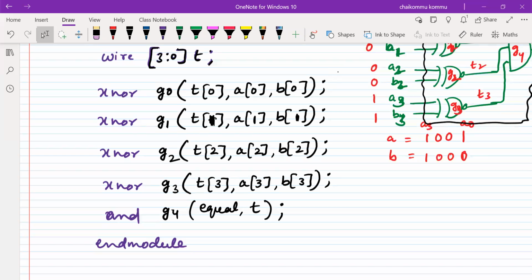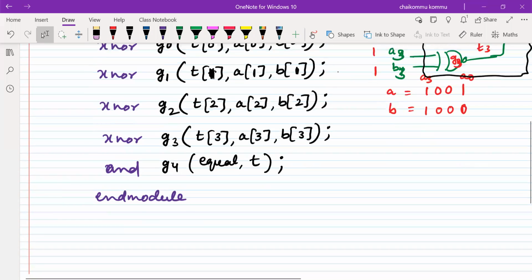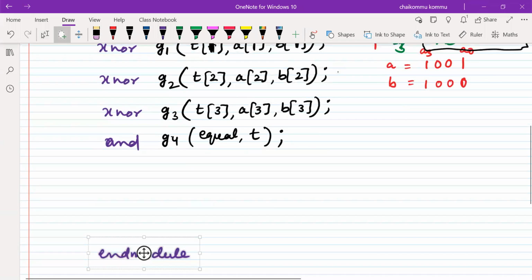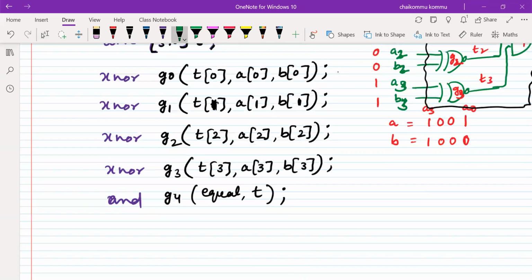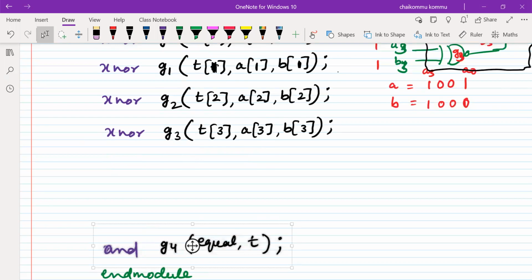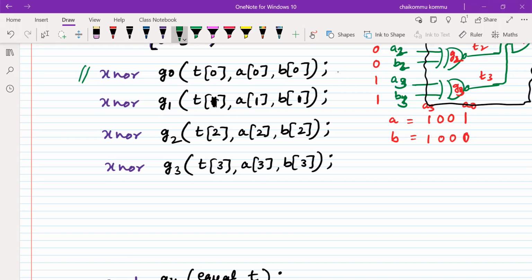Therefore, we want to modify the circuit with the help of array of instance, right? So I want to make all these lines comments. If you want to write four lines as comments, what should I do? Is a single line comment required or a multi-line comment? Single line means every time I need to write two forward slashes. So the first line is commented. If you want to make the second line also a comment, you have to write another two slashes here.